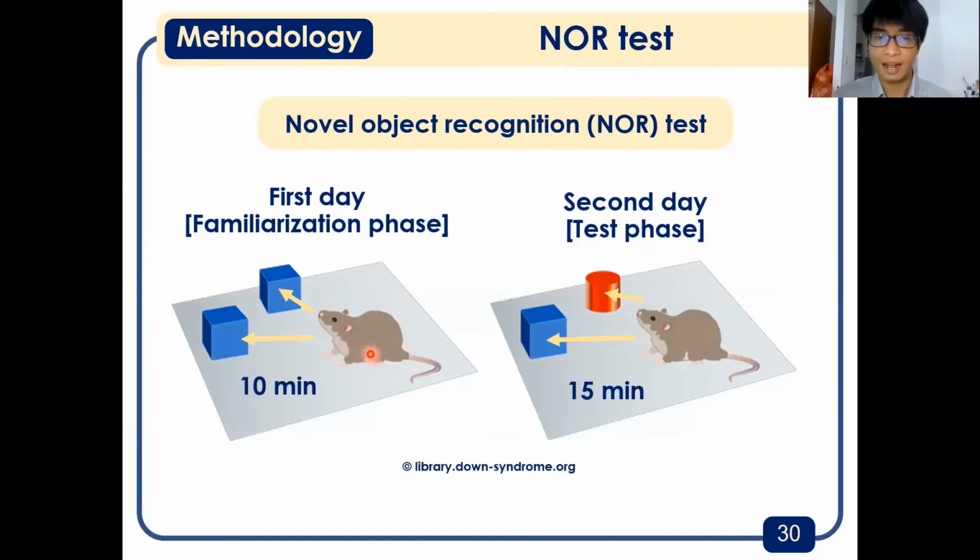In this arena, there are 2 identical objects, the blue objects. The mice have 10 minutes to observe these objects. After that, researchers put the mice out of the arena. In the second day, the mice are put in the arena again, but